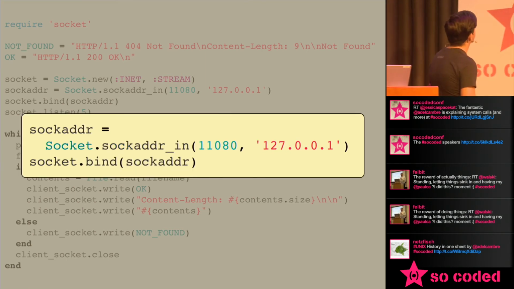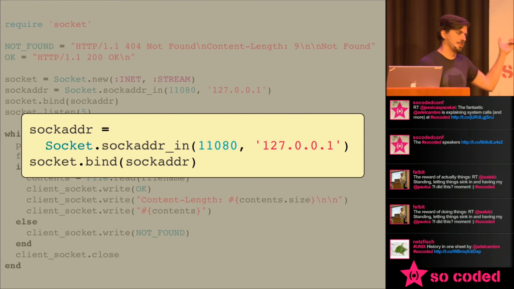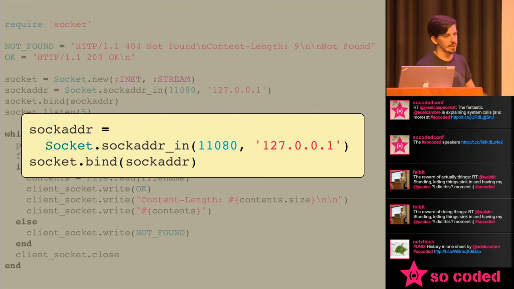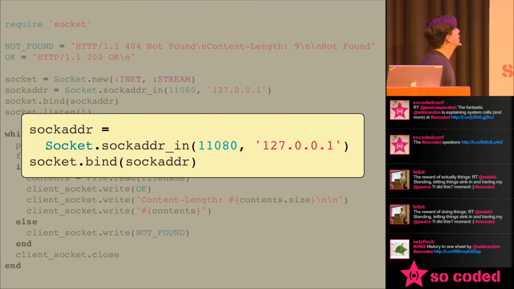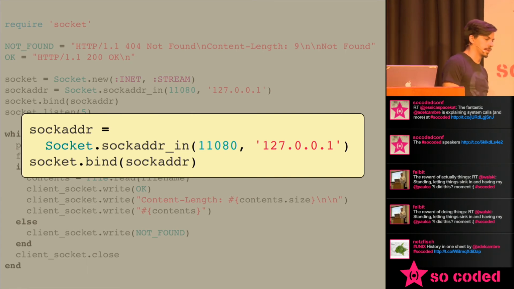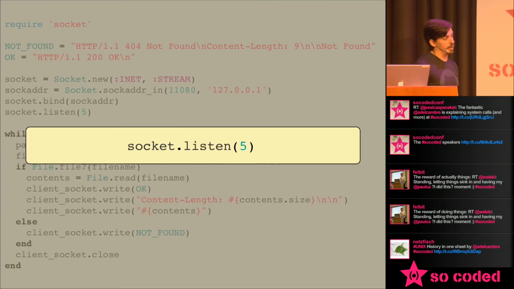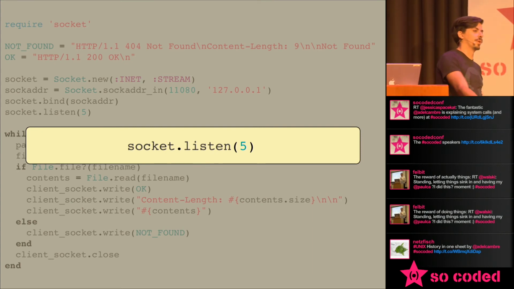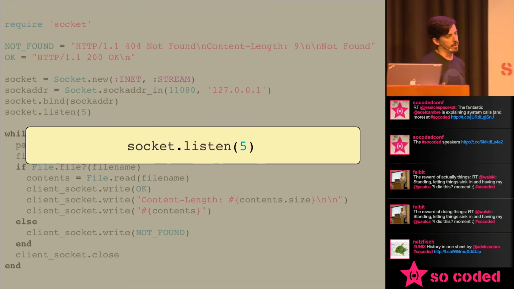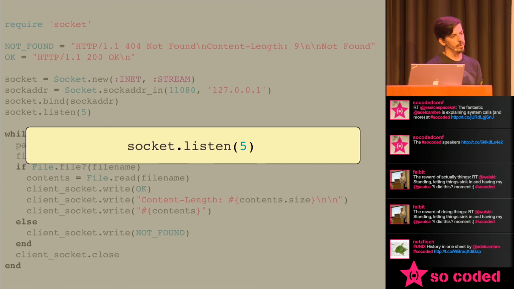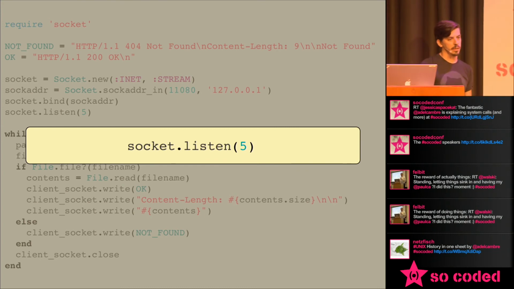This is the bind syscall. So we create this structure that represents 127.0.0.1, so localhost, on port 11080. And then we bind that to the socket. So now the kernel is listening on that socket. Well, it's not listening yet, but that socket is associated with that port down in the kernel. We call listen on that socket to put it into passive mode where it can accept incoming connections. The parameter there, 5, is how deep the queue is. So while you're processing one connection, another connection can come in that you'll accept on the next round. This basically says that 5 connections can do that at a time. If the 6th one comes in before you process the first one, the connection will be dropped.